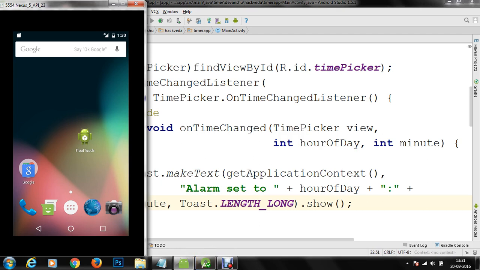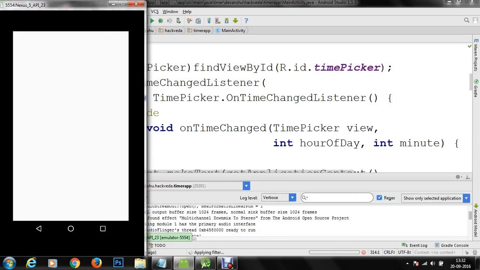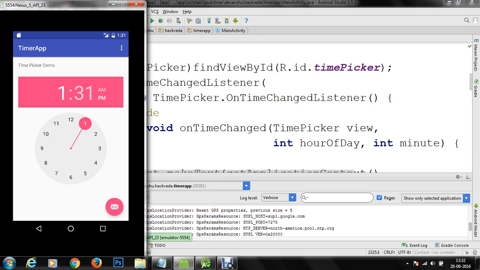So now the application indexing is done. Our application will run on our Nexus 5. We are going to interact with the time picker control as soon as the application launches, and whatever information we provide to the time picker control, that information will be given to our application. Our application is going to display a toast specifying the time we have selected. So we are waiting for the application to launch on our emulator, which has API 23 installed in it. So now we have got our time picker demo app running.